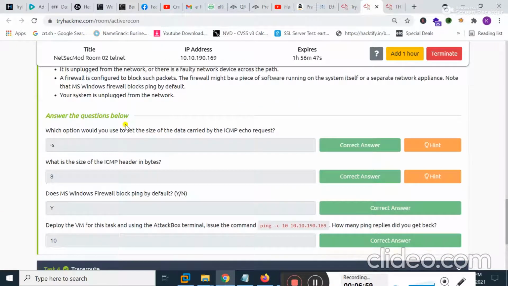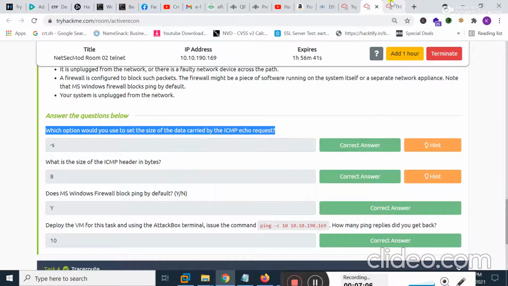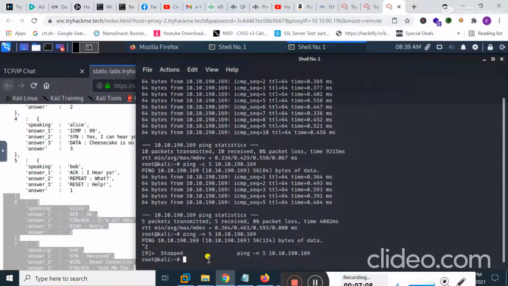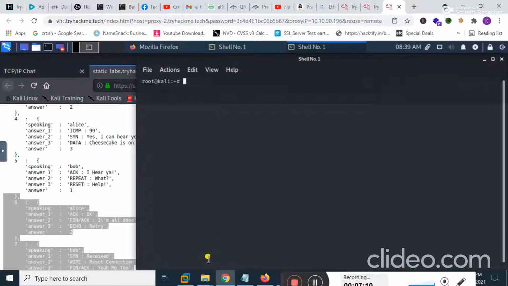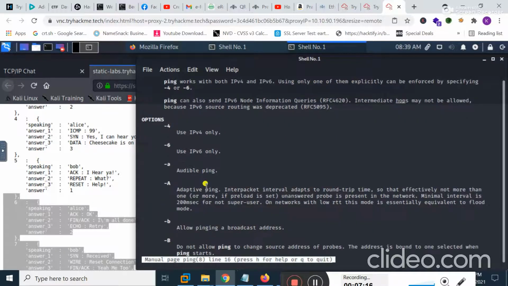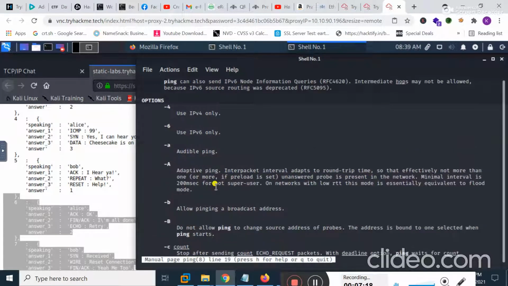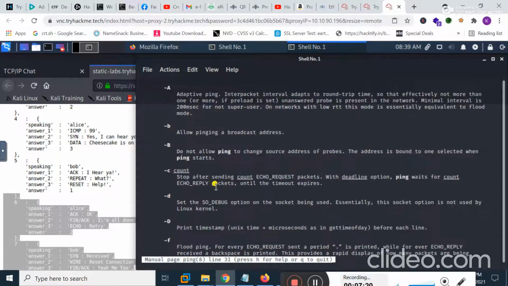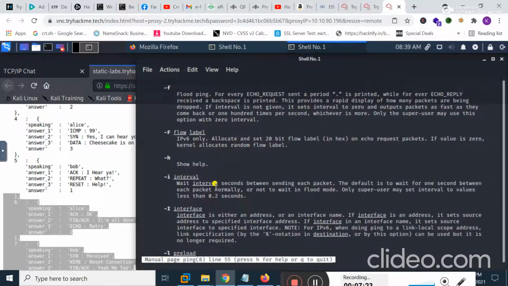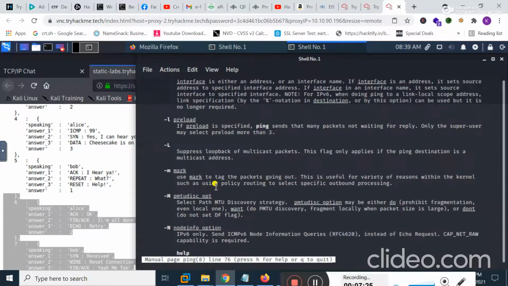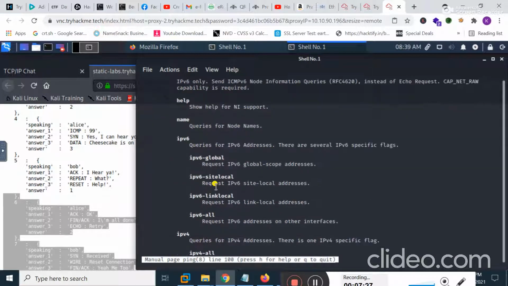Okay, it's time to solve the questions. Which option would you use to set the size of data carried by the ICMP echo request? For this purpose, I type man and check the manual of ping. Here a lot of switches are present. You can check each one by one and study for which purpose these switches can be used.